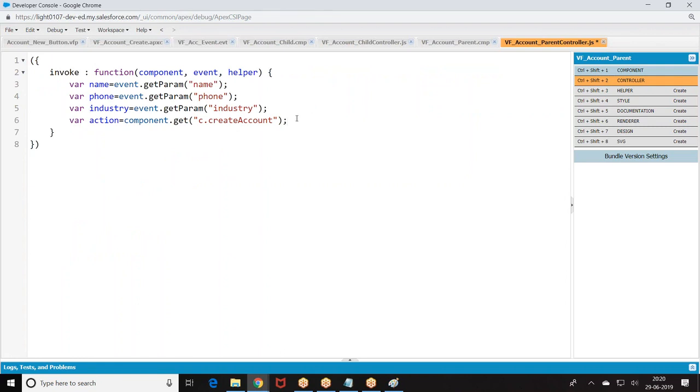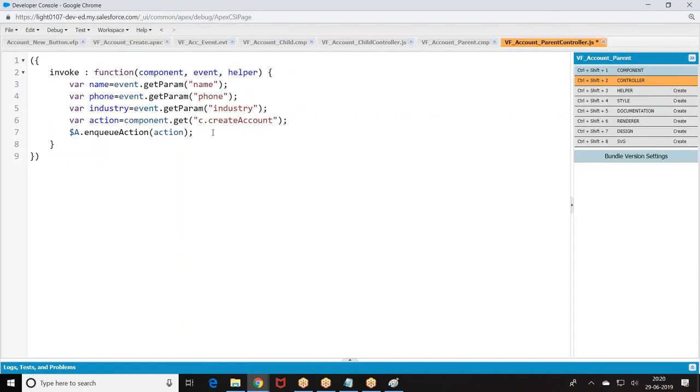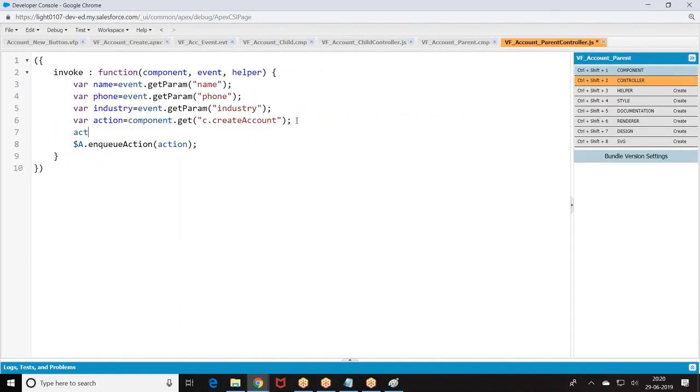Can I call the helper here now? I can pass these parameters and ask it to use the helper, right? Action, it's the same. Okay, let me finish the first part. Action dot set.